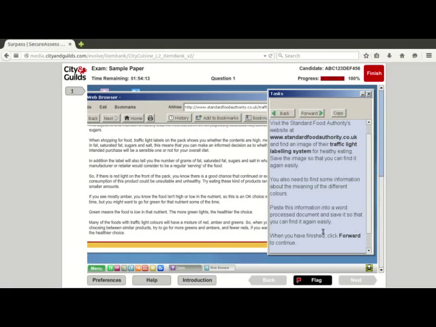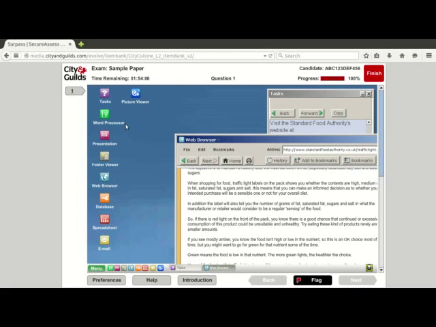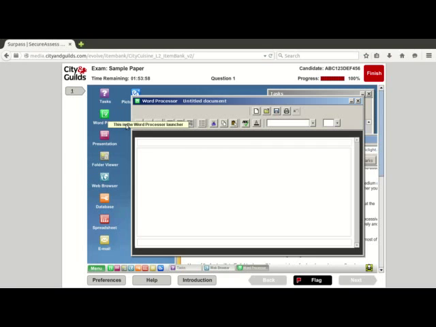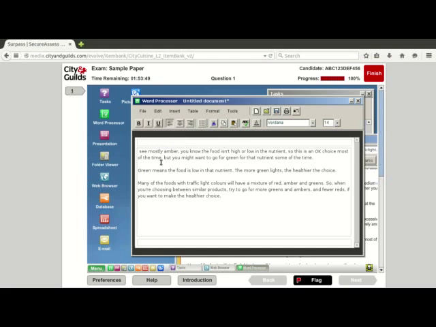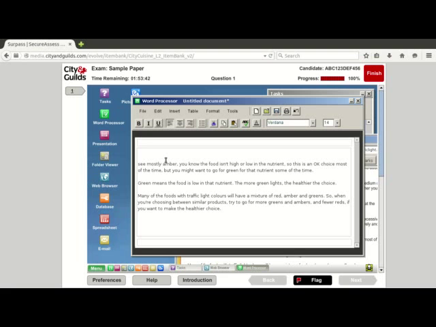a Word processed document. So what I can do now, I can open up my Word processor, and then I can just paste my information. So I'm going to edit and choosing paste. Alright, so this is my information. And then